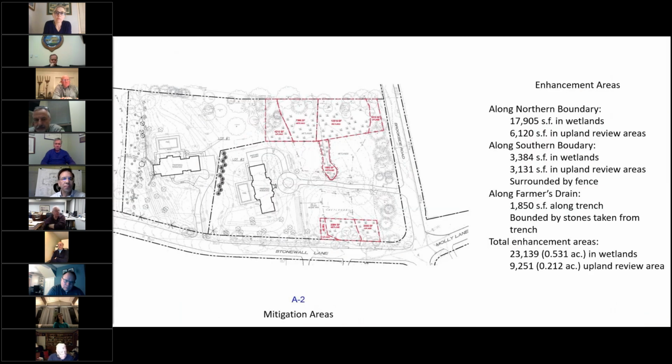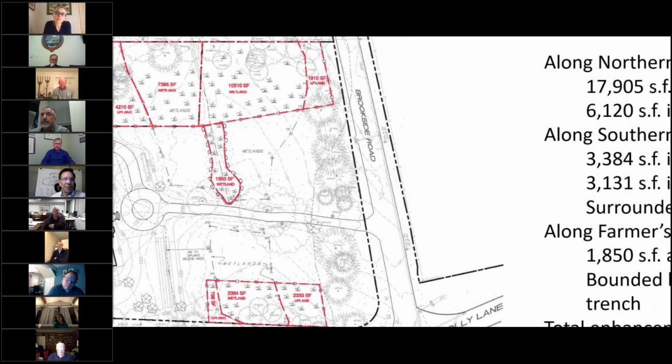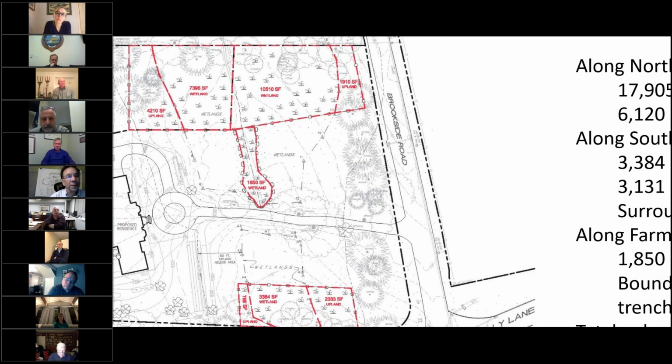I have a slide here with the square footages laid out along the north and south, and these are your figures, right, Matt? Yes, those are mine. So it's kind of broken up. If we start up on the top, at the top left, you can see where I had the upland area, the 4,210 square feet there. That's an upland area. Then adjacent is the wetland area on lot 2. Then it jumps to the wetland area on lot 1. And then you keep going over. There's the upland area right there, adjacent to Brookside Road. Then we have the new farmer's drain wet meadow area,